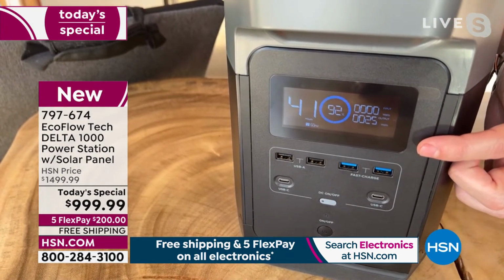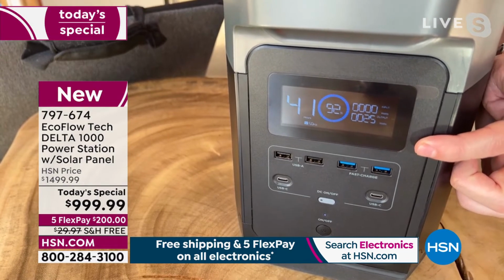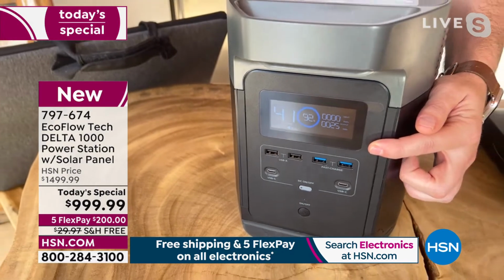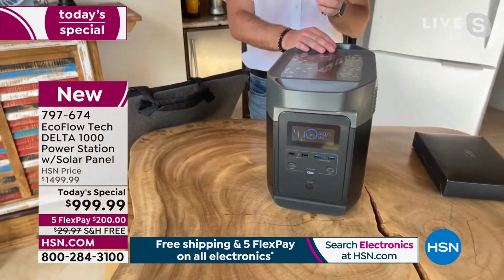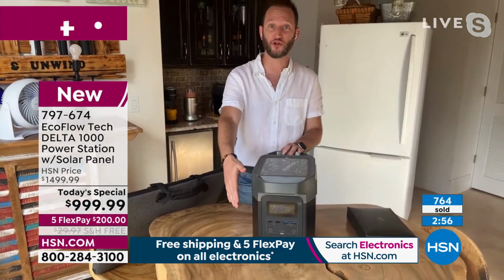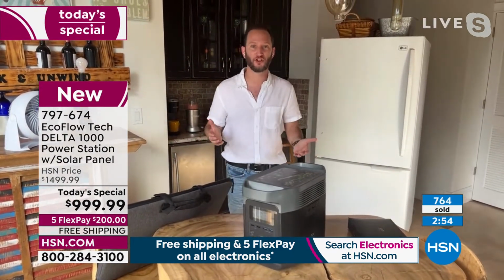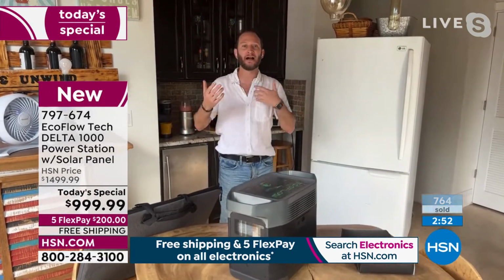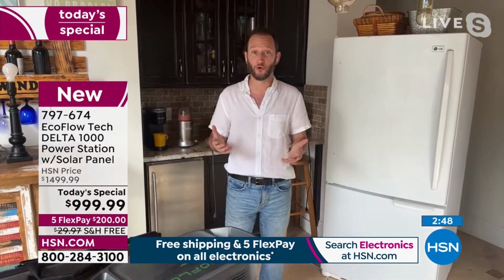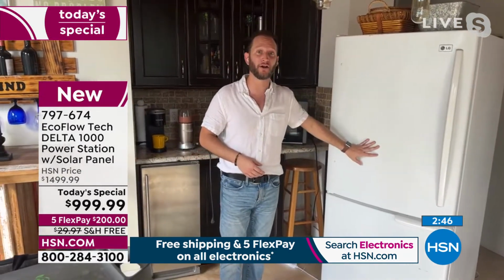When you start to shop around, you're going to see there's a lot of power stations out there. They just simply don't do that. They don't show you that information. So again, not just for aesthetics, it's for the information that you need at hand. And then we showed you the display. We showed you all those USB ports. The big key about this too is, we show a lot of food, and we're always showing EcoFlow, especially for preparedness. Well, speaking of food, outside of the amount of food and money that we've got in our refrigerator,